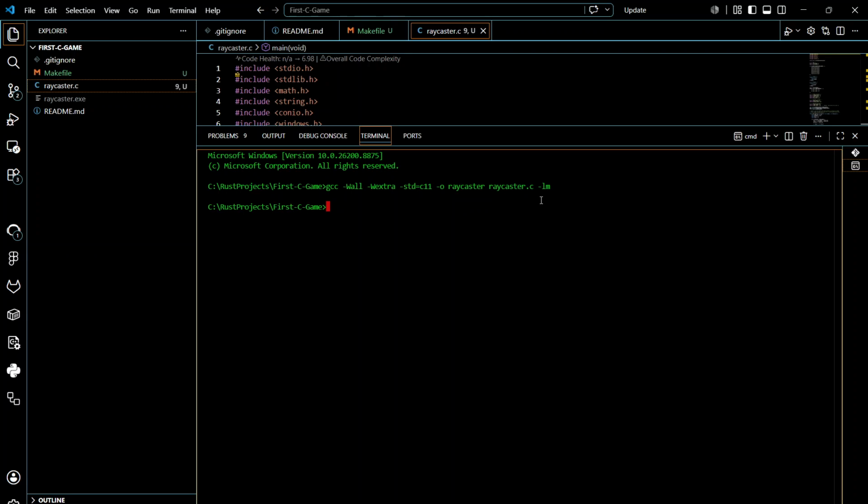Put it all together, and I'm basically telling my computer, take this file, hold it to a strict standard, warn me about anything weird, right? Grab the math tools that you will need and give me back a program called raycaster. Okay, so now I'm going to go ahead and do